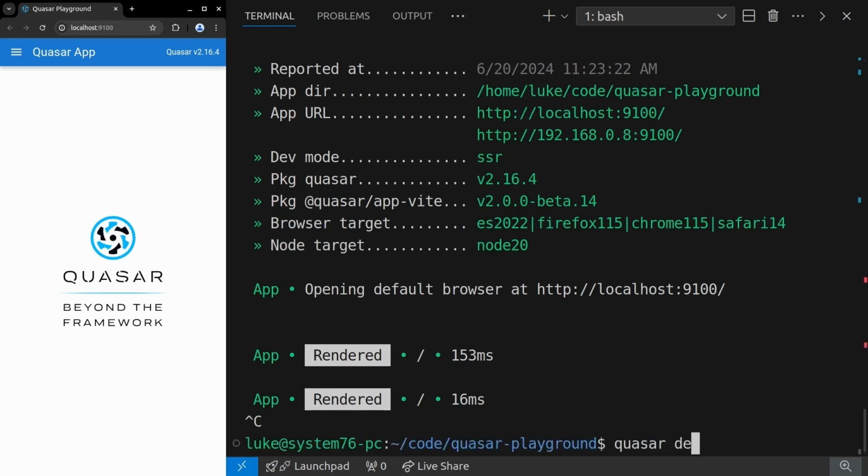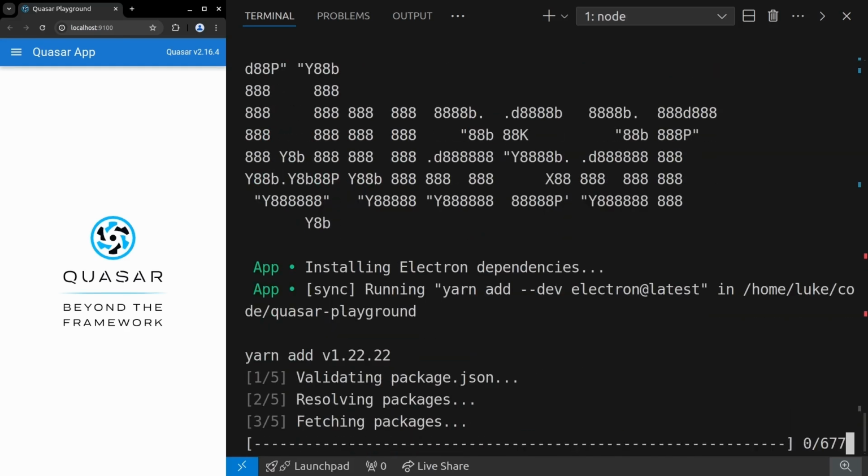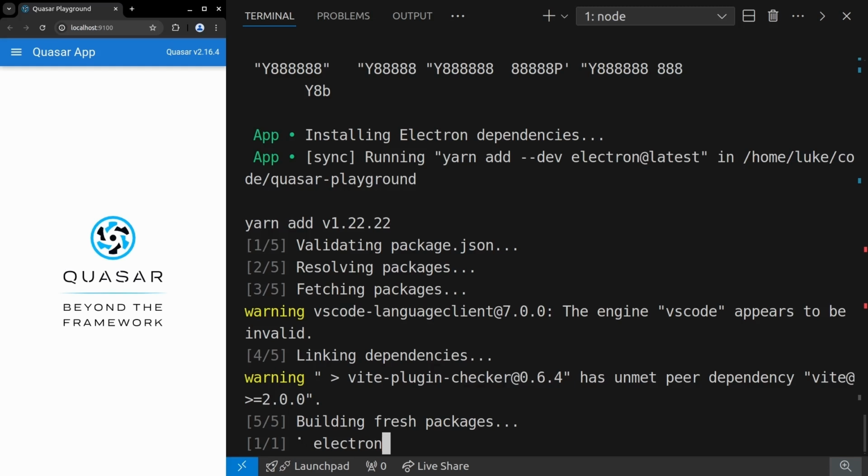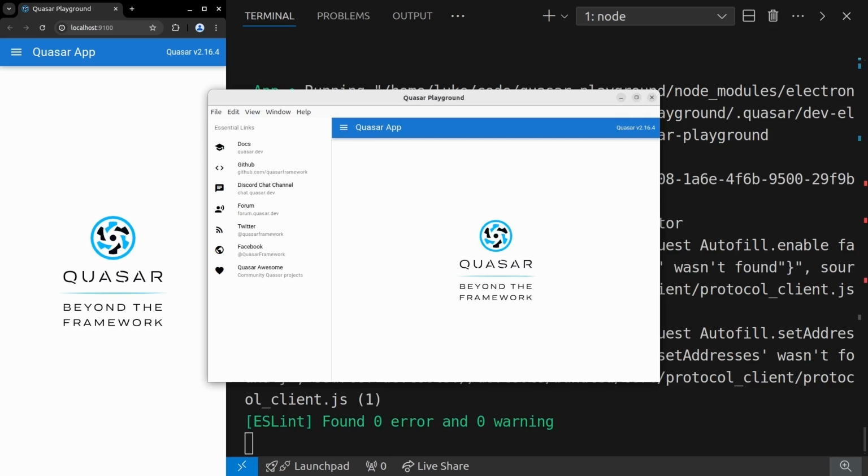Hey Quasar, I want to develop an app. Can you please set the mode equal to Electron? Now it's going to install all dependencies that it needs to run an Electron app, which is really cool, handles all that stuff for us behind the scenes. And there's our app running in Electron. So Electron basically allows us to build Linux, Mac, and Windows apps. Okay, closing that out,